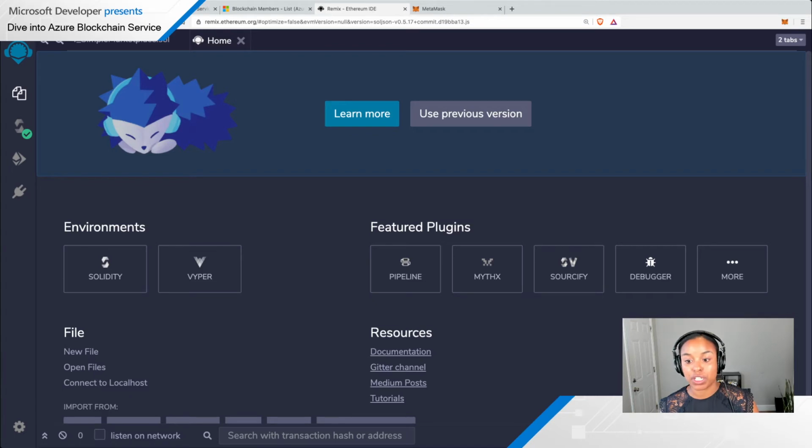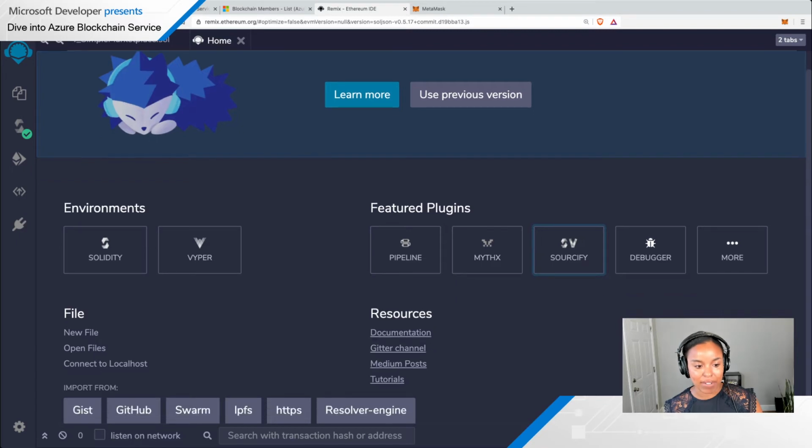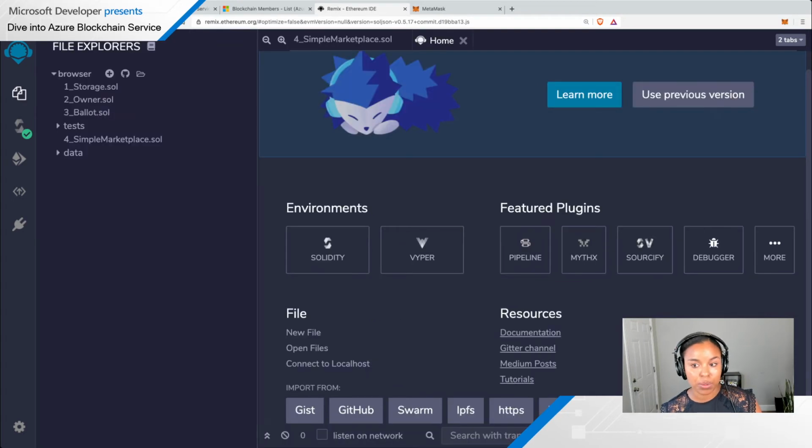There's a bunch of different featured plugins here that you can use as well to integrate with your smart contracts, whether that is all the ones that you see here. I can integrate with some decentralized app plugins and more. So there's a lot of cool functionality that I can have in here. I can also just import files directly from a number of services. But right off the bat, when I go to the File Explorer,